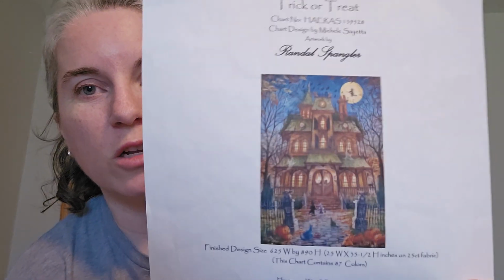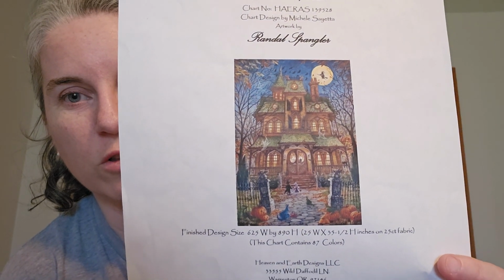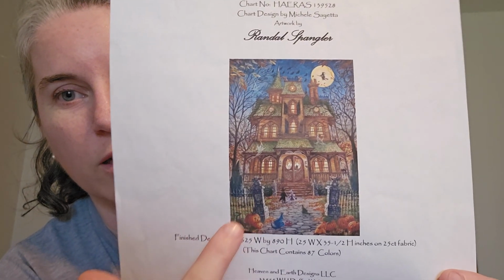So last time I saw you, beginning of April, I was trying to get this page done on Trick or Treat by Randall Spangler to finish the row over here on the bottom, and I got that done. So I added 1,400 or so more tent stitches to get that full page and partial page done, also the row finish. I am now 24% complete on it,